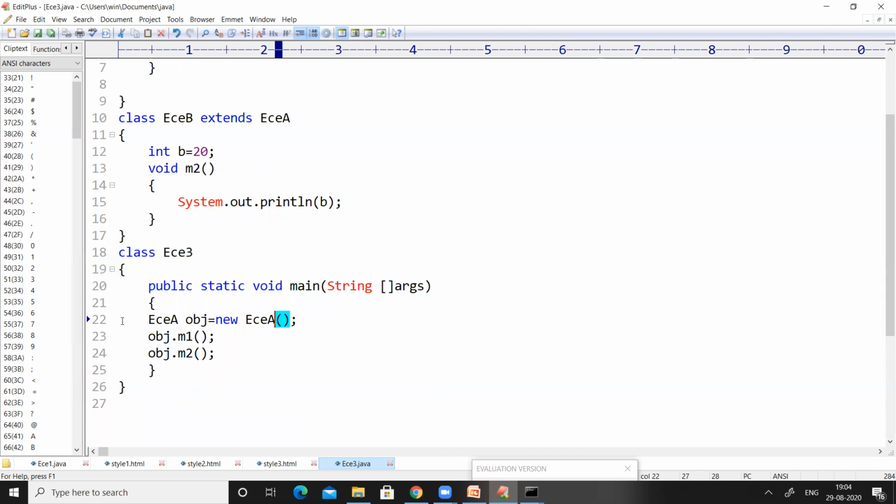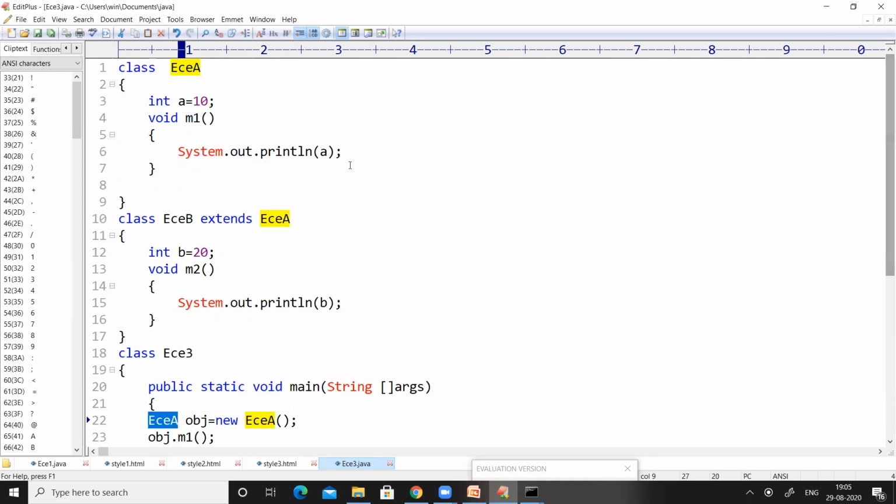Coming to line 22, we tried to create an object for ECEA. That is not a problem. An object will be created on successful compilation. An object, in the sense, some space in RAM will be created, and inside that space, it is going to move the non-static elements of ECEA.